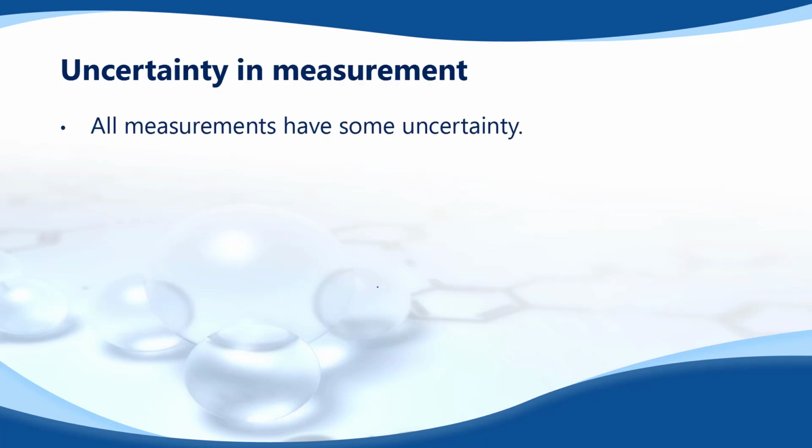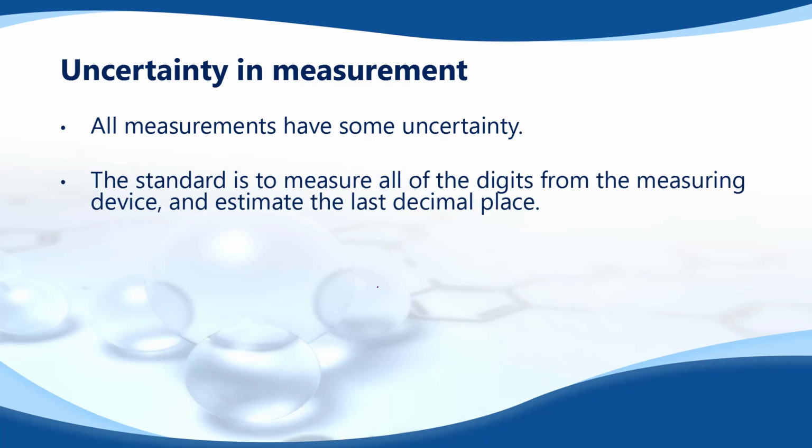Because whenever you take any measurement, it's always going to have some amount of uncertainty, some amount of estimation in it, even if you're using a digital device. If you put something on a digital scale, the last digit in that scale is rounded, because it can't actually calculate out past what the readout says. So what we have to do is establish a standard practice when it comes to measuring. This standard practice is we read the digits that are on the device, and then we estimate one more decimal